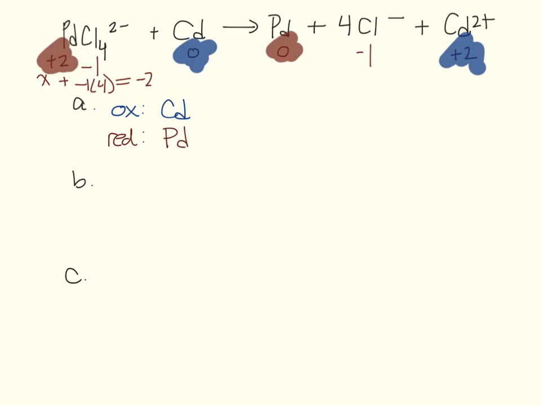The second question on this example, write the half reactions that occur in the two half cells. This is exactly like when we were balancing oxidation-reduction reactions. The ox half reaction is going to be for the cadmium metal, changes to cadmium 2+ ions, and expels 2 electrons. The reduction will be the other part,